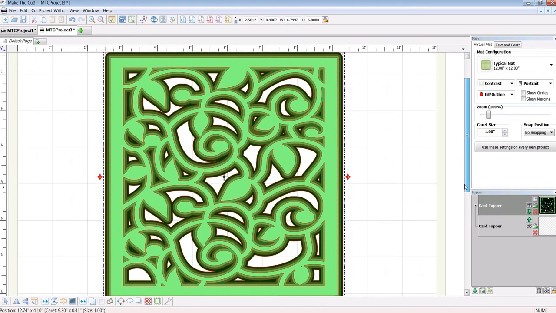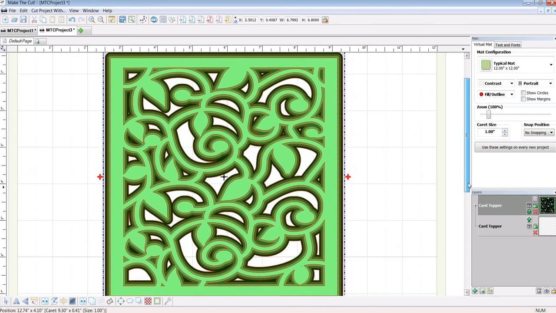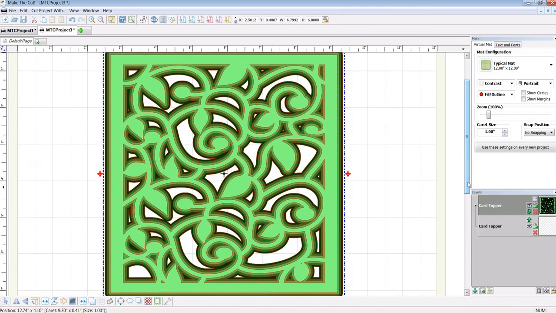Now you can play around with the settings and get all kinds of interesting things, but this is a quick way to create the layered look, and it can be done with solid images. It can be done with tiles like this one is, frets, background designs, and you can have a lot of fun